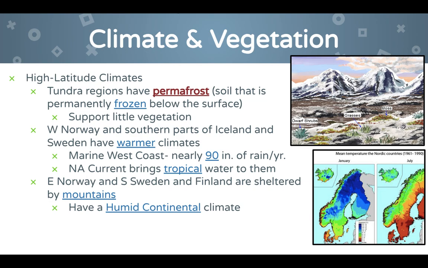But western Norway and southern parts of Iceland and Sweden have a little bit warmer climates due to that current. They have a marine west coast climate, so it rains a lot there. They get around 90 inches of rain a year. The North Atlantic current brings tropical water to them, and that's what heats that up. And then eastern Norway and southern Sweden and Finland are sheltered by mountains, and so they have more of a